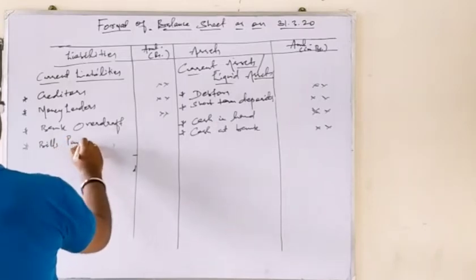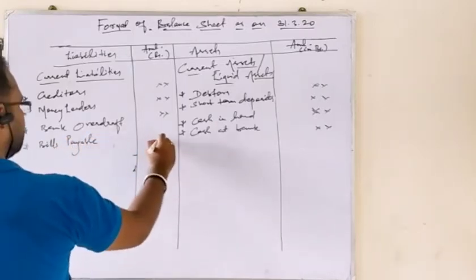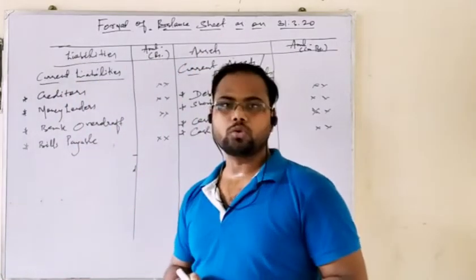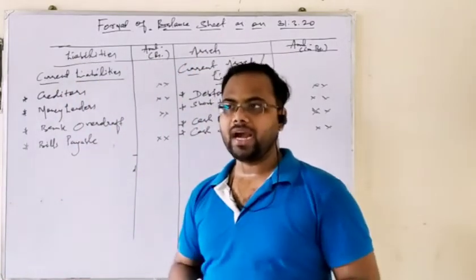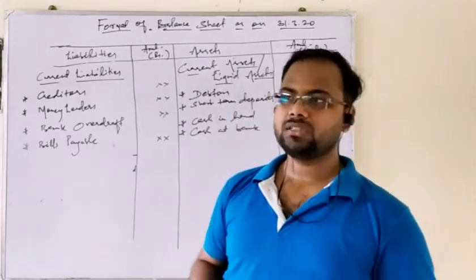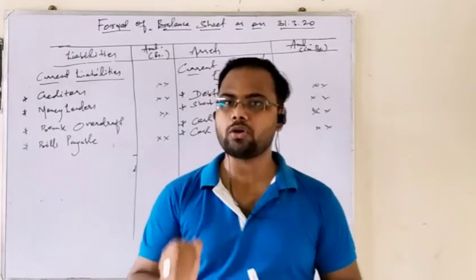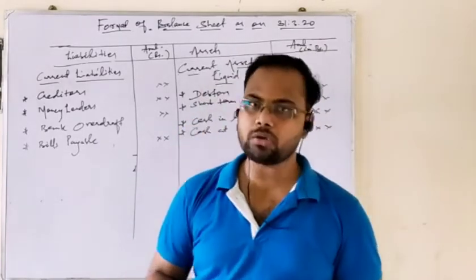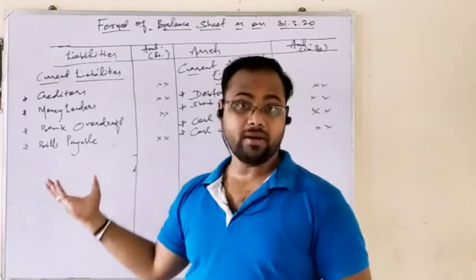Do you know what bills are? Bills payable refers to a credit transaction. That means you purchase goods or services on credit and you cannot pay them immediately. So your creditor or a supplier lends you goods on credit by drawing a bill upon you. That bill acts as a payable for you, and according to accrual concept, payables are liabilities.